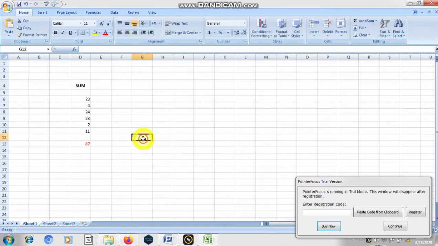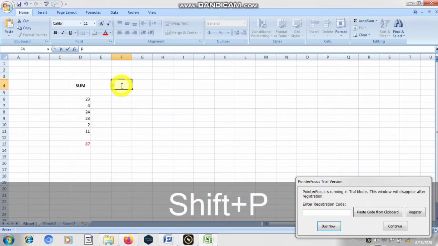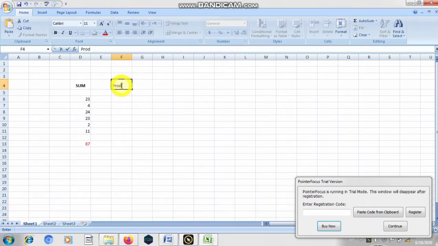Now we are going to look at how we can use the function of product. Product is basically used to multiply numbers. Similarly, I'm randomly inserting some values here. Simply put the equal sign.